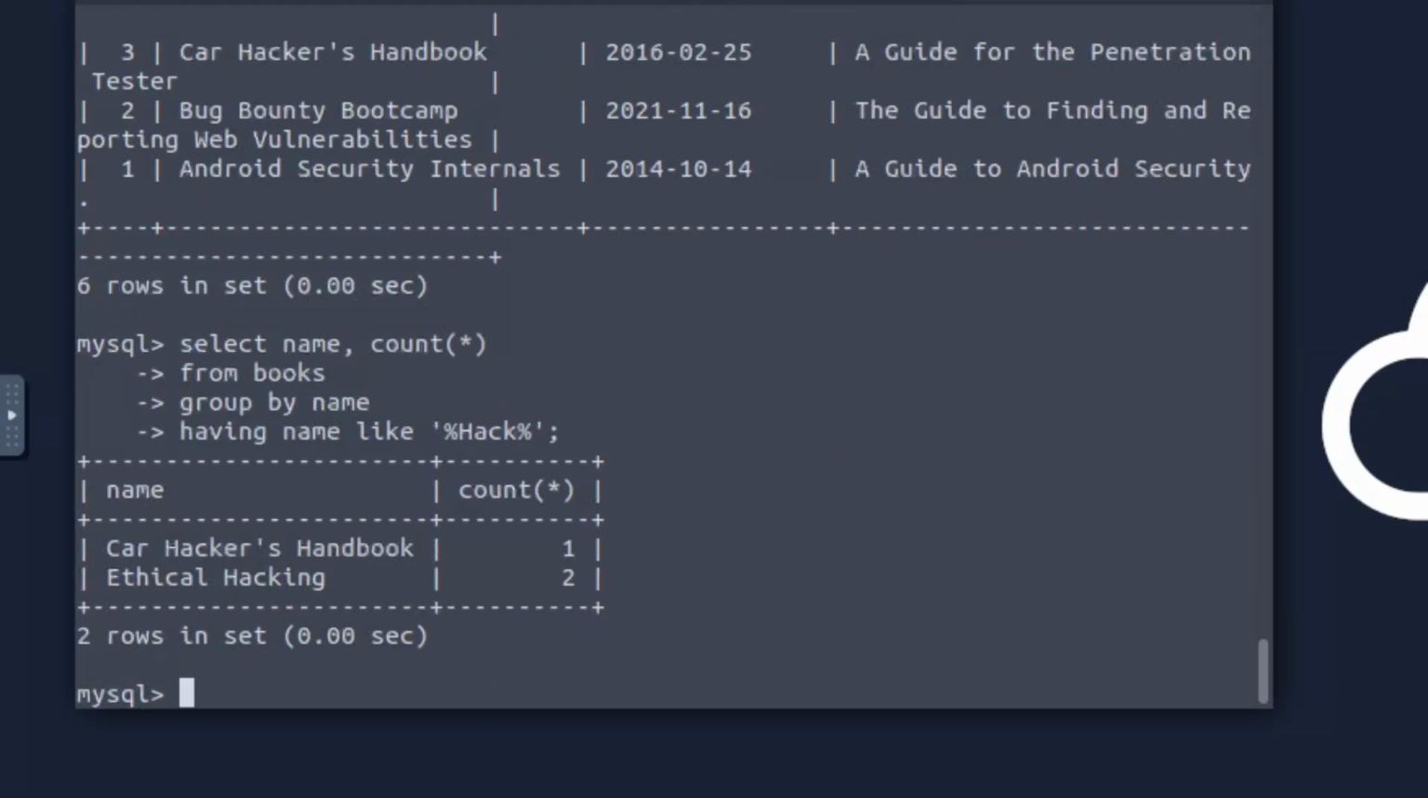So then it's going to bring us the Car Hacker's Handbook and give us a count, and then it's going to bring us the Ethical Hacking Handbooks and give us a count. So it's very similar to what we did previously, where it was giving us the count of everything, but now we're saying having a name like hack, so having a name that has this word in it. If you're looking for anything inside of your records that you don't know exactly what the name is, but you know that at least one word is in there somewhere,